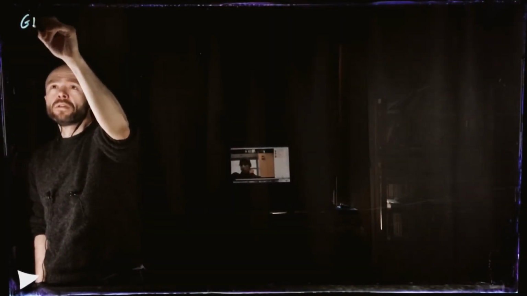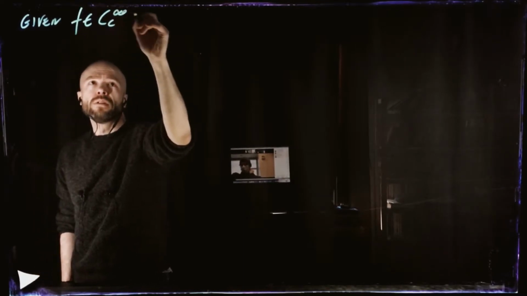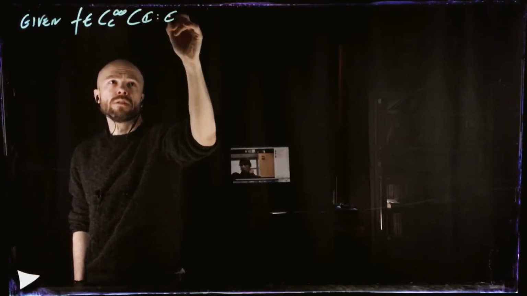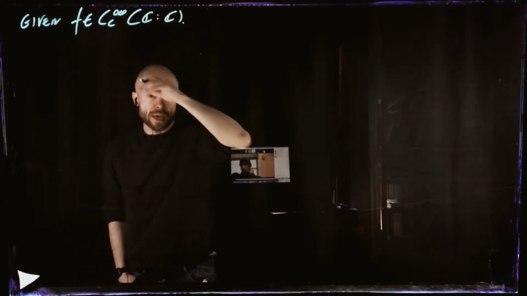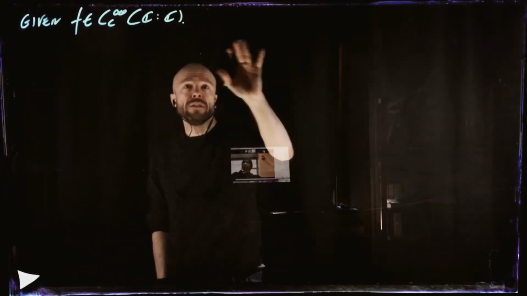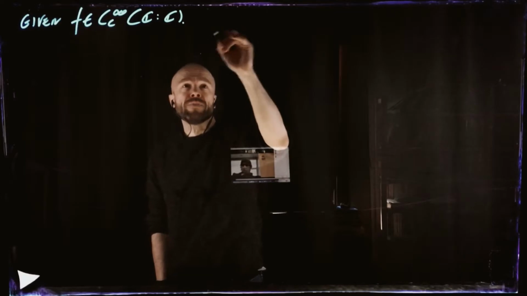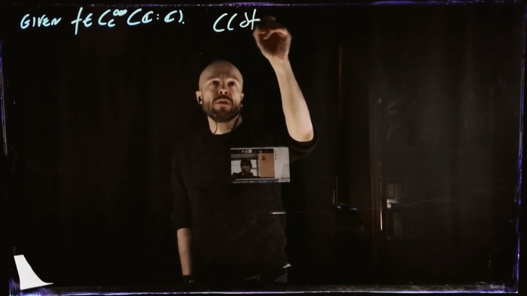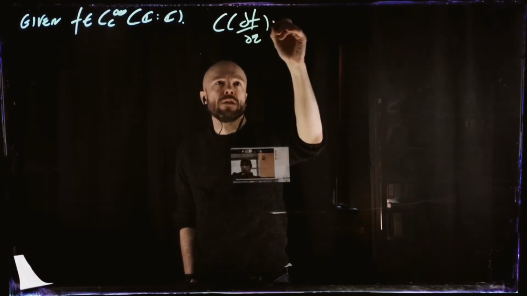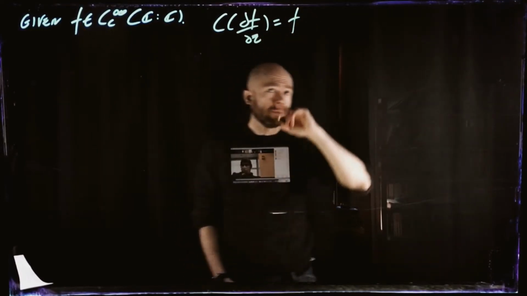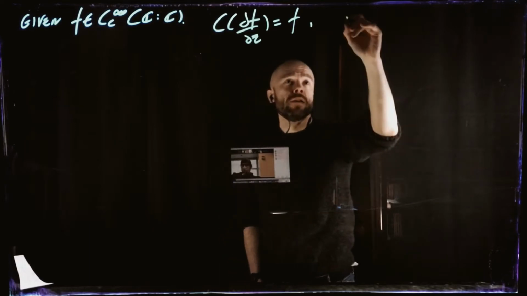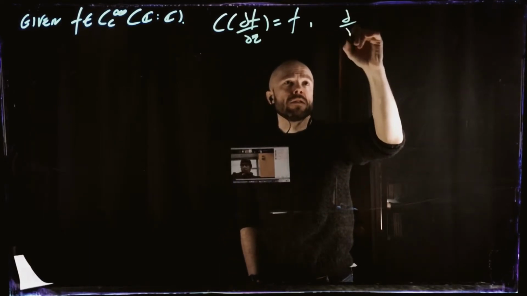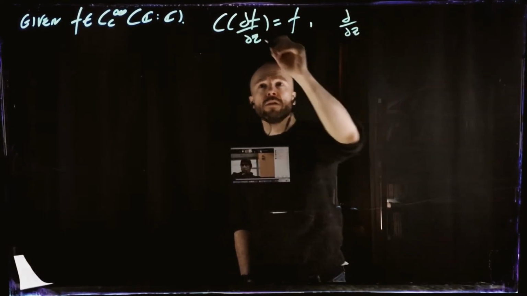We have learned that given some f, which is compactly supported, C infinity from the complex numbers, we have a couple of nice identities. At this point, we know that if we take the Cauchy transform of the anticonformal part of the gradient, we end up with the function back itself. We know that if we take just the ordinary part of the gradient,